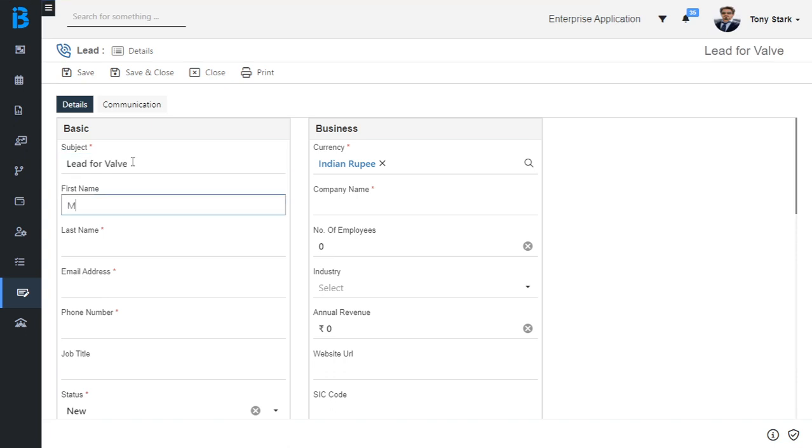Add first name, last name, then add valid email address, after that add a valid phone number, now I am going to add a company name.